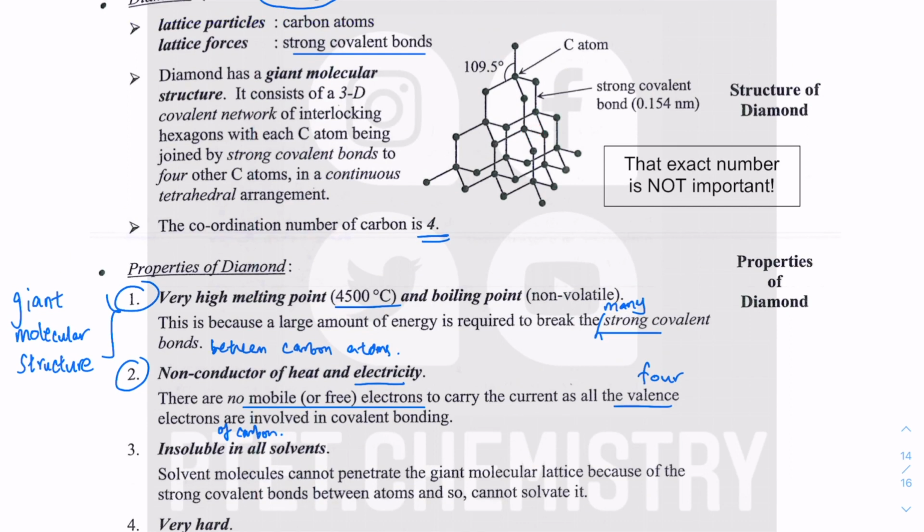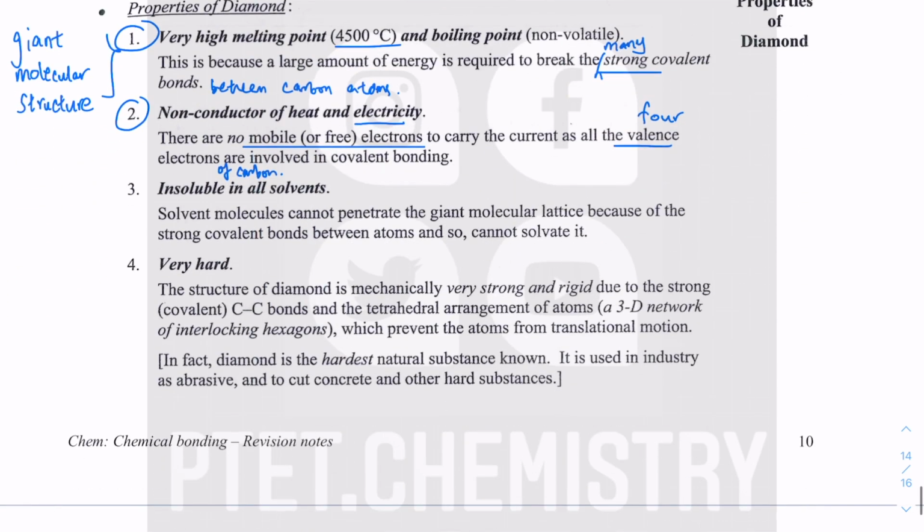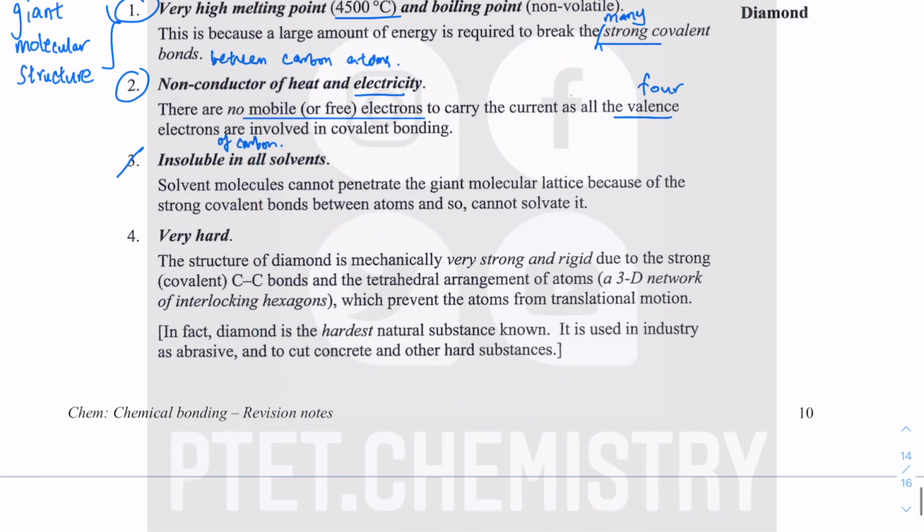When the carbon forms 4 covalent bonds, the carbon will have no more valence electron left, and therefore it cannot conduct electricity because no free electrons, no more free valence electron. Of course, it still has inner shell electrons, but we talk about valence electrons when we talk about chemical reactivity, chemical properties, physical properties, all down to the valence electrons itself. All right. Just like for graphite, we don't talk about the solubility in solvent,